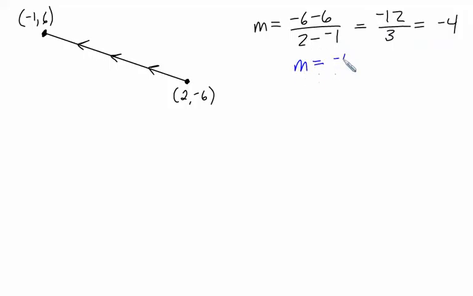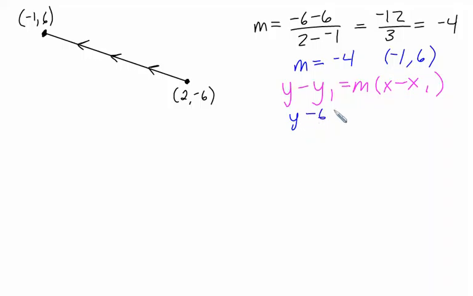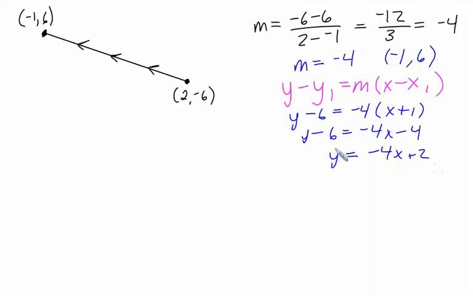So now we've got that the slope is negative 4. We could take either point. I'll take negative 1 comma 6. And we could just plug into the point slope form from before. y minus y1 equals m times x minus x1. Plugging it in, we would have y minus 6 equals a negative 4 times x plus 1. And solving, we'll have y minus 6 equals negative 4x minus 4, which means y is equal to a negative 4x plus 2. That would be the equation of this line in rectangular form, which is our typical way of